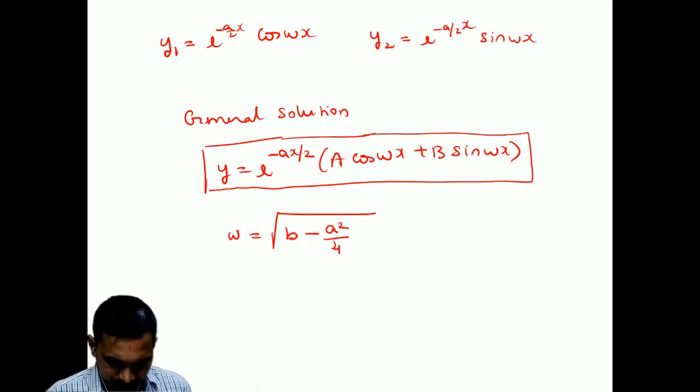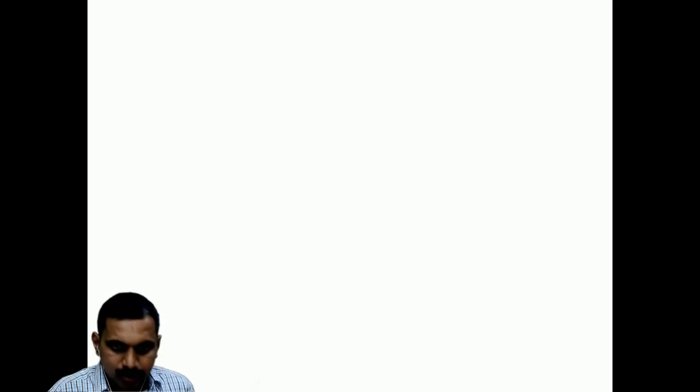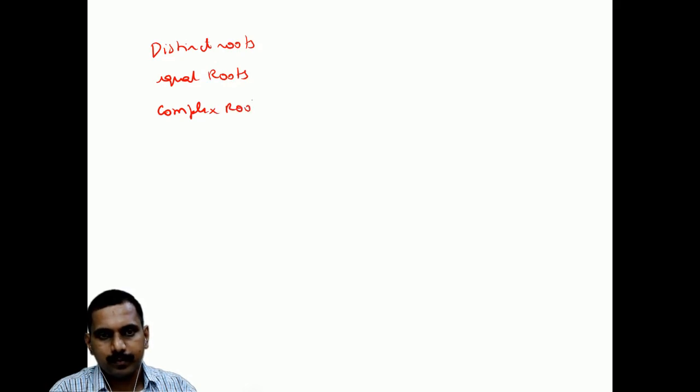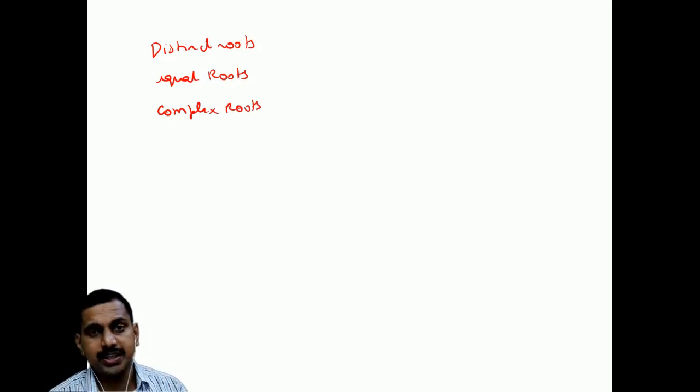Okay. So now let us see the application of this. So how have we done, students? We have found the roots in three ways. One is a simple root, or we can say distinct roots, equal roots, and complex roots. Any system can be represented by a dynamical system, or it can be represented as a differential equation. Since it can be represented as a differential equation, it will have some roots.